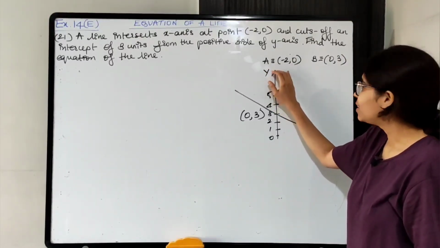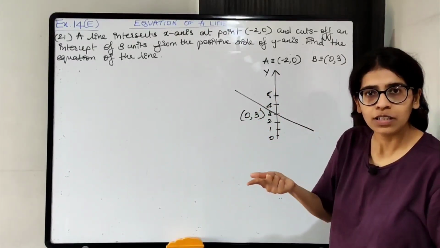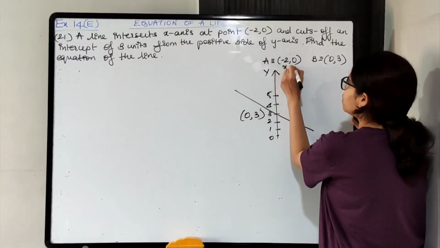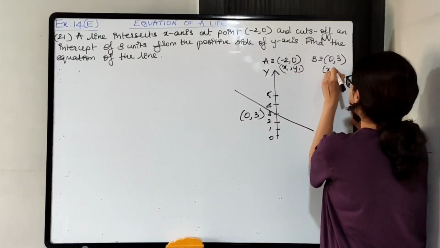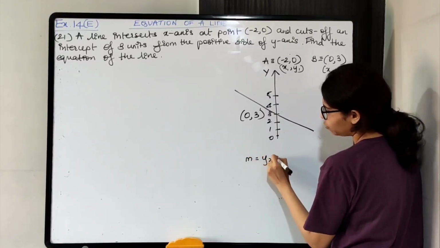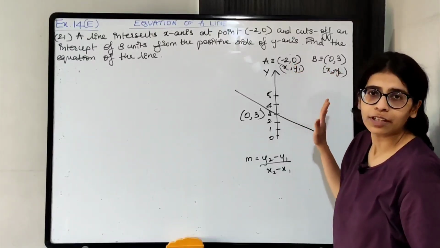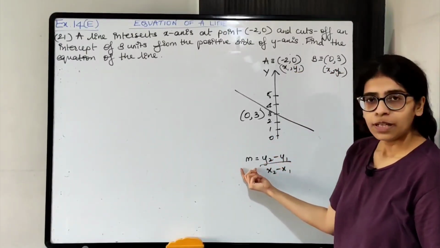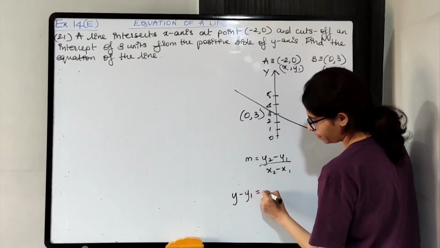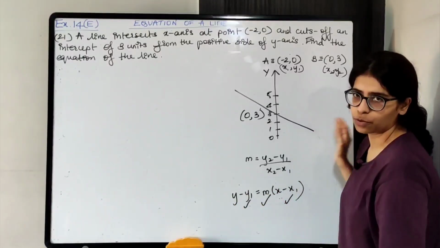Okay, so what will be the equation of this line AB? For the equation we need the slope and the coordinates of one point. We can easily find the slope from the 2 points. Take this as x1, y1 and this as x2, y2. So using the formula y2 minus y1 upon x2 minus x1, or y1 minus y2 upon x1 minus x2, you will get the slope of AB. Once we get the slope, then A we have taken as x1, y1. So using the formula you will get the equation of the line AB. Put x1, put y1, put m, and you will get the equation.